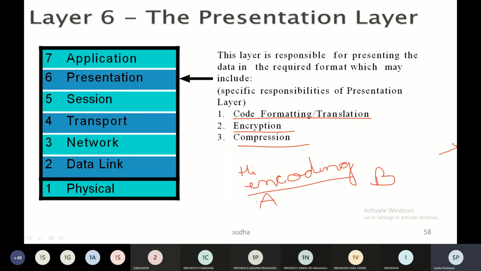The encoding scheme is how I want to encode. You have ASCII and different other encoding schemes. What are the various encoding schemes that are available? HTML encoding is there, URL encoding is there, ASCII is there, Unicode encoding is there, then base 64 encoding is there, hexadecimal encoding is there, UTF-8, 16, 32 is there.